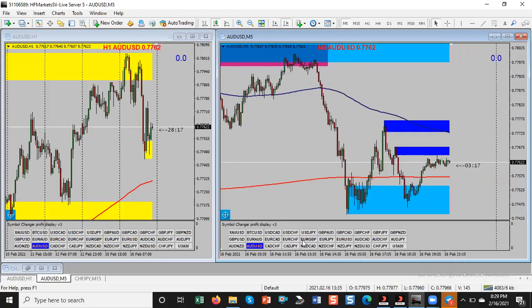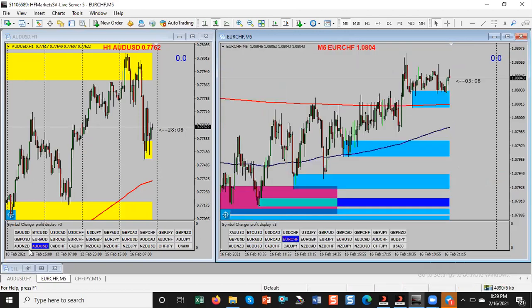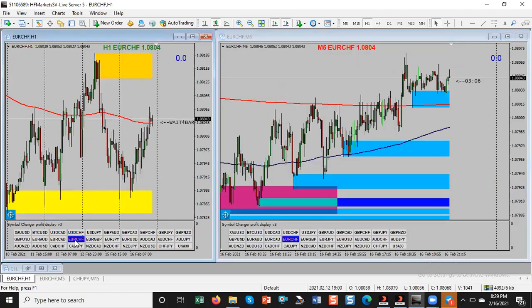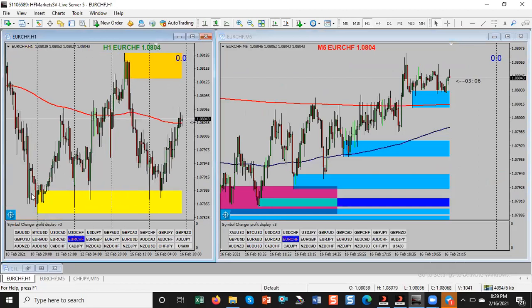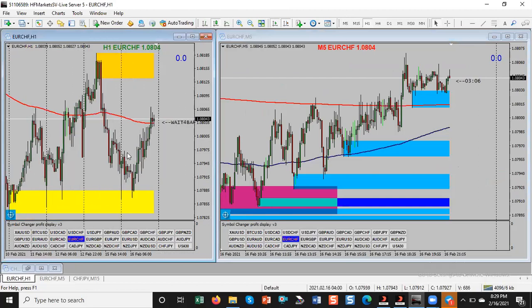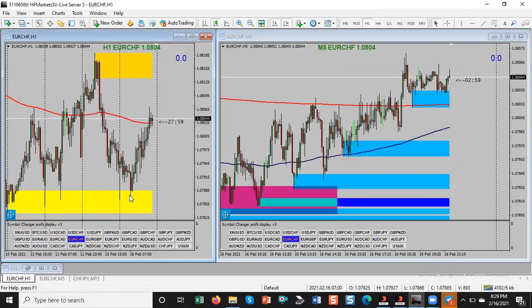Now, we also took Euro CHF. This is Euro CHF. Euro CHF was a fresh zone. It was not a long time zone. So price retested it here and also did the retest here today. So when this price moved away, this was the other block. So when I mark this other block,